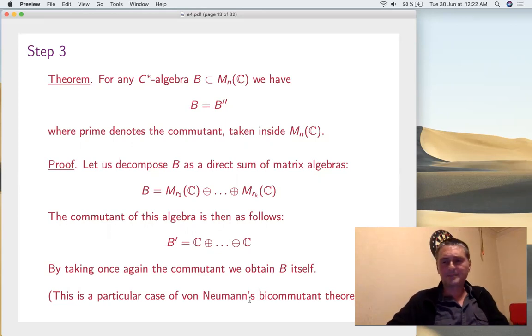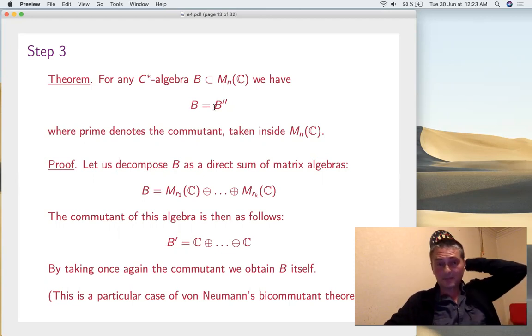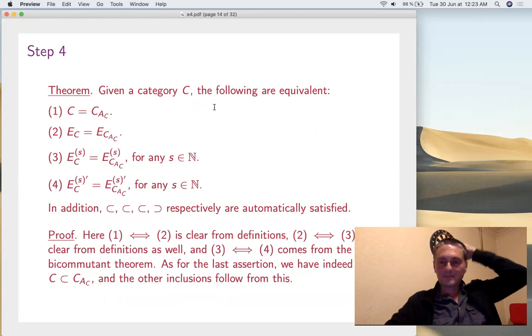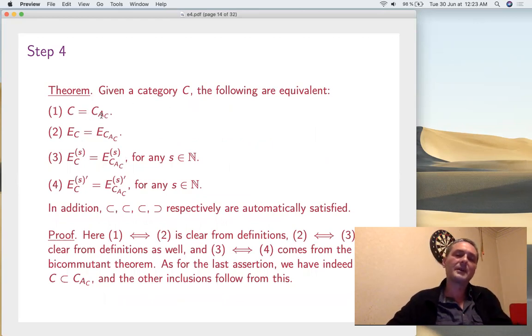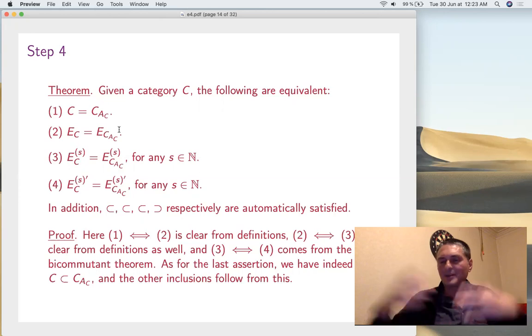Of course, as a remark, this is actually true for any von Neumann algebra, but that's another story. Recommended read, okay? Von Neumann bicommutant, that's something that you might need in other situations, very important. So I'll use this trick now. Let's go back. We wanted to prove this, right? Remember, one inclusion is trivial. That's the thing to be proved, okay? That's the identity if you want to apply to C. And that's my double composition. That I want to prove is the identity. So I want to prove this now. Well, that's the same as proving this for the associated algebras, right?